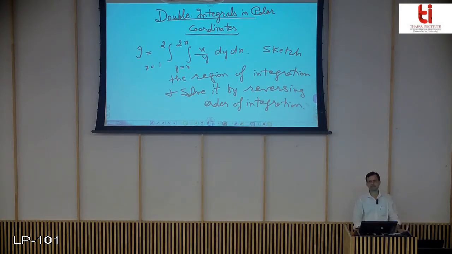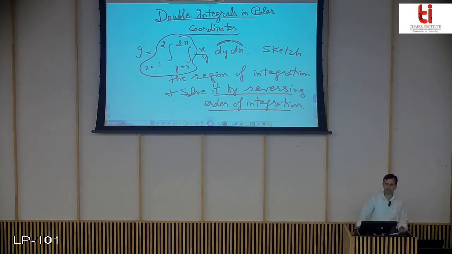First thing is to sketch the region, and in such type of question, where we have to reverse the order of integration, it is definite that the region is going to split into two or more parts. So using these limits of integration, you first sketch the region of integration, then you change the order. We did a question in the previous example showing that on reversing the order, in most of the cases when the question is asked from this topic, the region gets split into two or more parts.